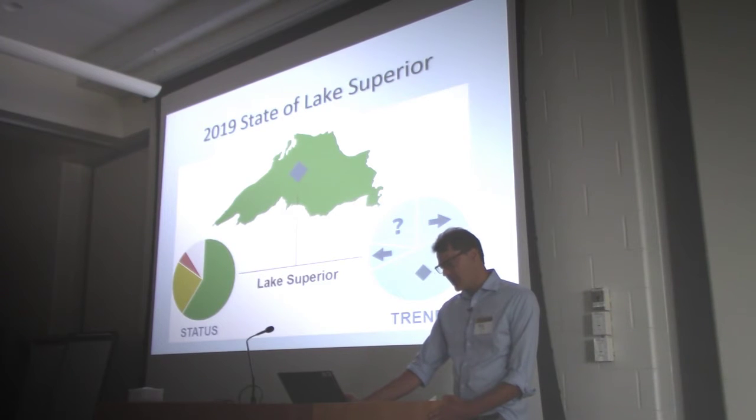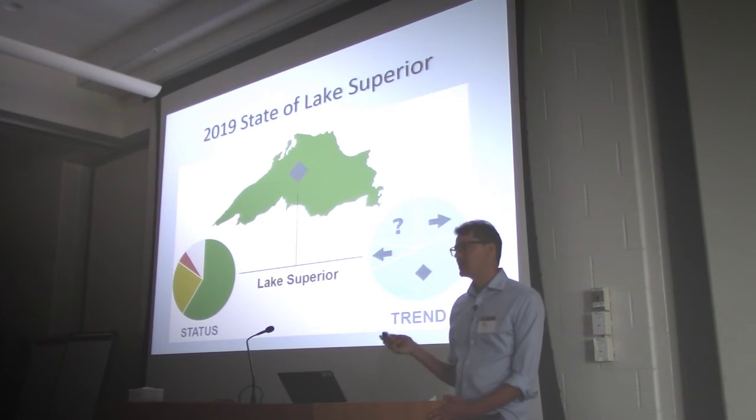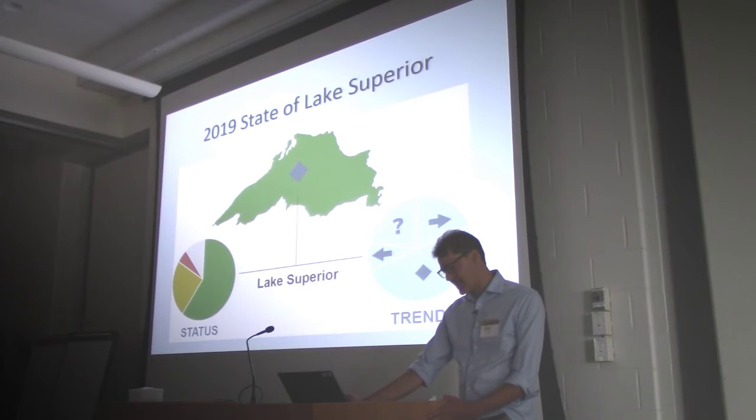Green in the status represents good sub-indicators, yellow represents fair, and red represents poor. You can see more sub-indicators were assessed as good, which is why we're resulting in an overall good assessment. But it is worth noting that there are many sub-indicators that are fair on Lake Superior, and a smaller number that are poor. In terms of trend, which is on the right-hand side,